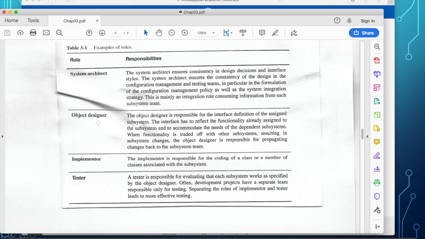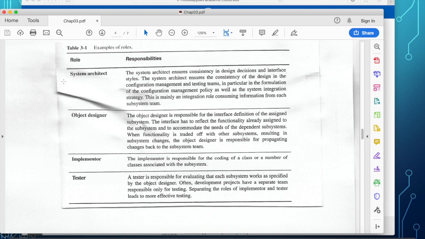The design architecture defines the abstract or the ideal system to be built, while the object designer deals with the specific function or specific data that is going to be used in the implementation.